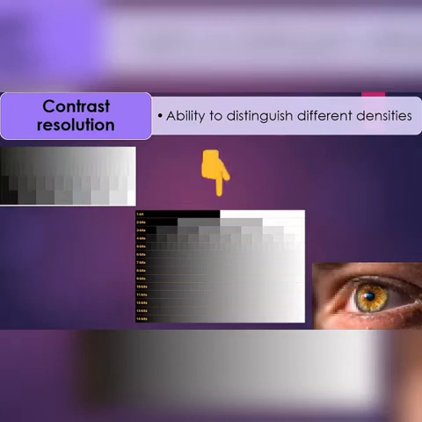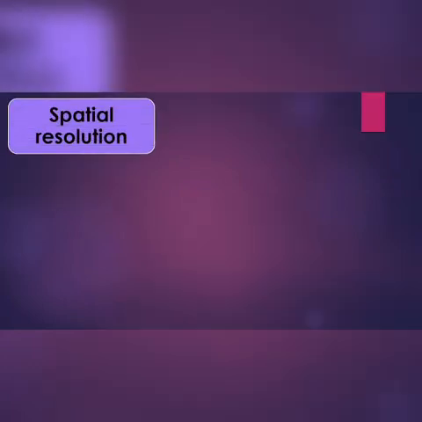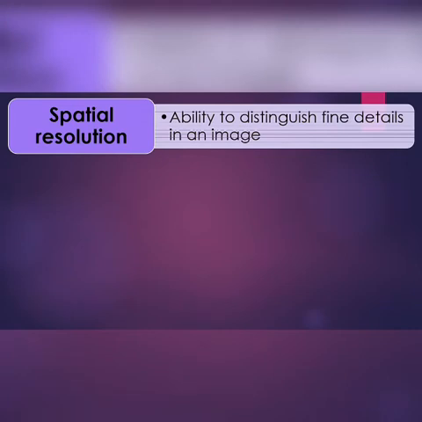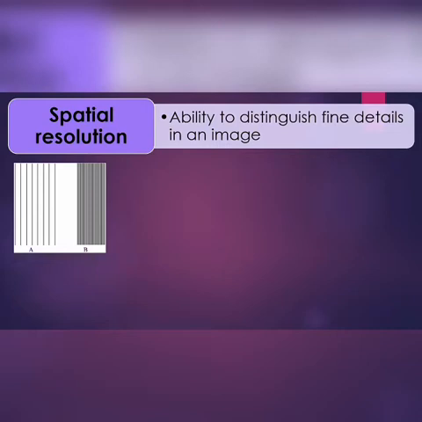But basically the human eye can detect only about 60 levels of grey. So it is going to vary, right? This is about the contrast resolution, the key points that you have to remember here. The next one is the spatial resolution. Spatial resolution means the ability to distinguish the fine details in an image. When there are two closely placed objects, if you're able to appreciate the subtle difference, or if you're able to see them as two different objects when you zoom into an image, this is the spatial resolution.